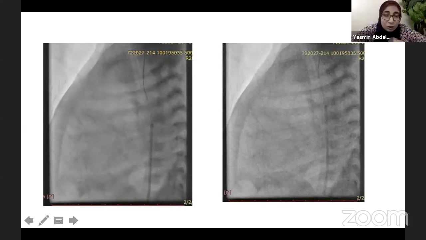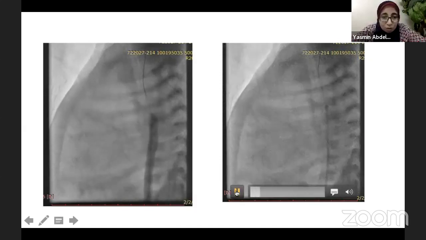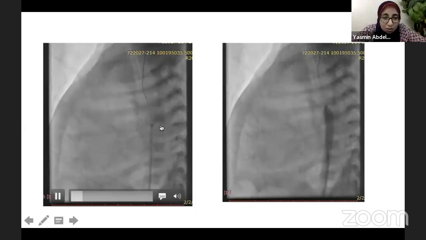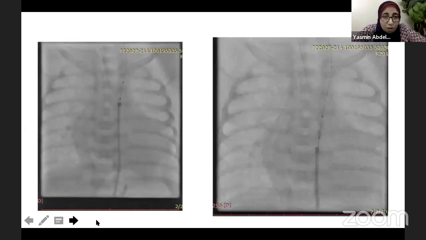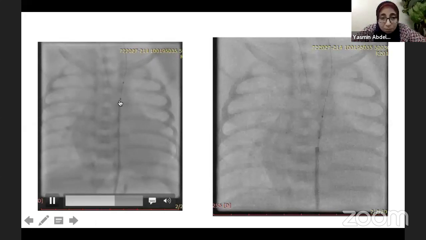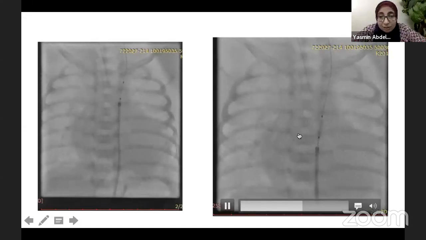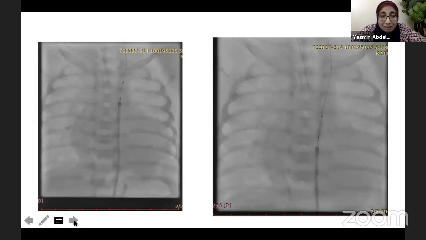angiography of the descending aorta. We have our catheter in the descending aorta in lateral view. I wanted to show you how severe his coarctation was. We managed to pass a PCA wire, followed by dilatation, as the catheter itself didn't pass through the coarcted segment. So we had to pass a PCA balloon and dilate in order to allow passage of our catheter to investigate well